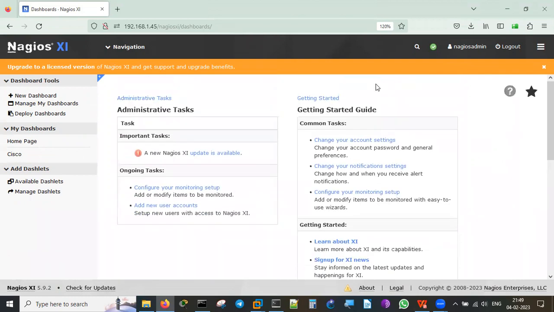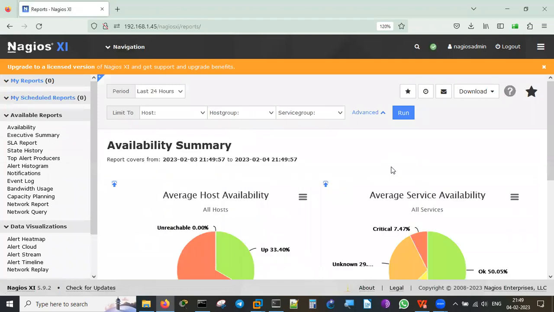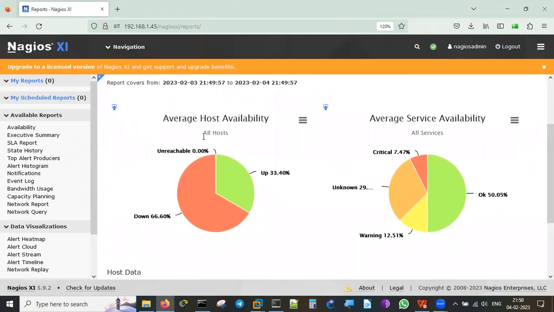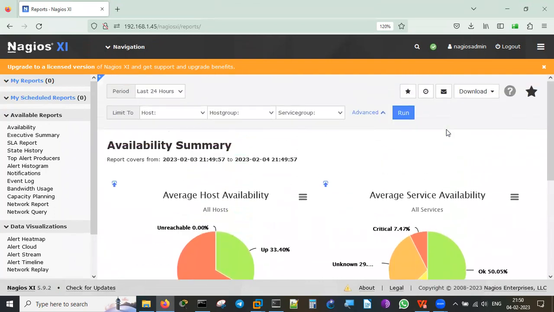Like that, we can add it on this. Reports, if you would like to generate reports, you can generate them. It's like, see, average host availability, service availability. You can see there are so many options here, and moreover we can have that